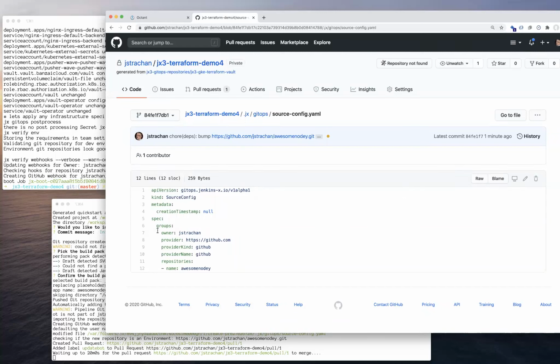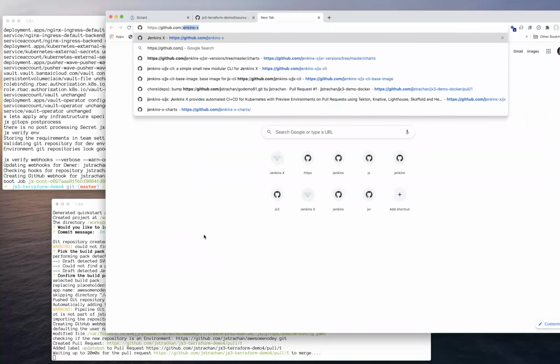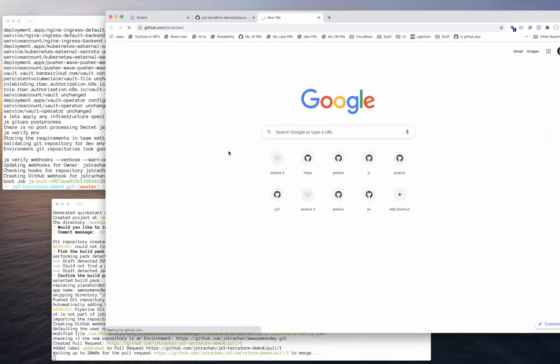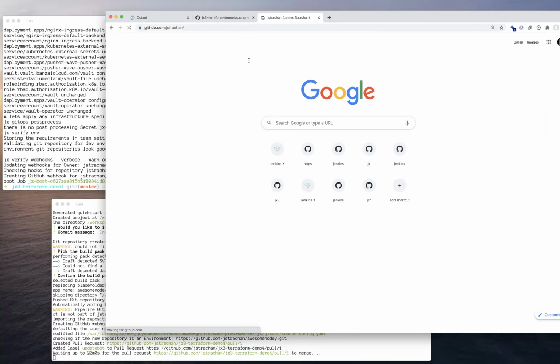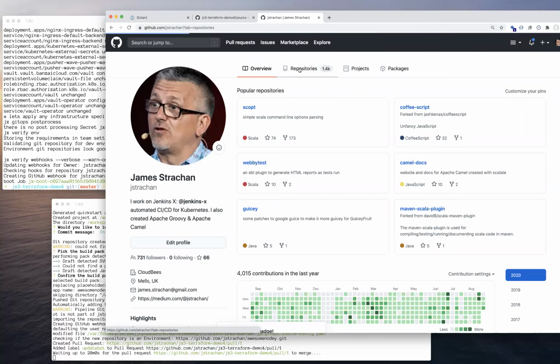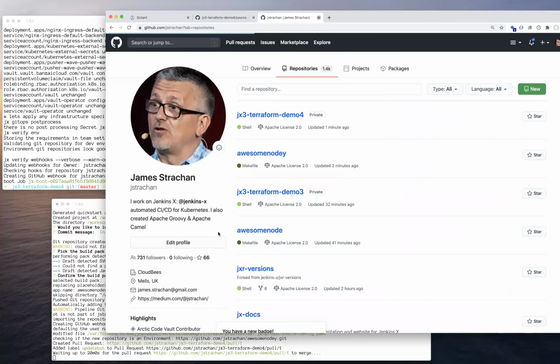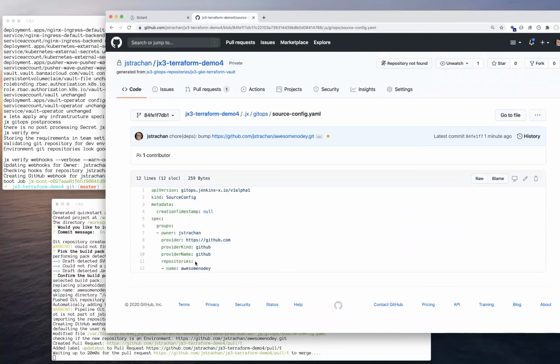But basically it allows you to define one or more groups. So here I've got a group with an owner, a Git provider, in this case github.com. So if you like, this group is for this URL, github.com/jstrachan. It's basically that URL. So it's basically my Git repository. It's the repository in my personal user account. So it's these repositories. And then inside the repositories element, we can add 0 to many Git repository names within